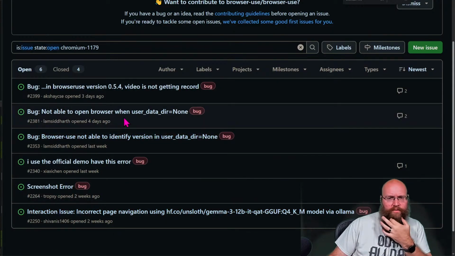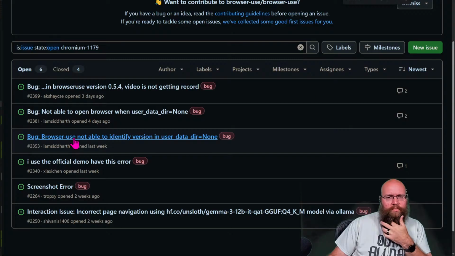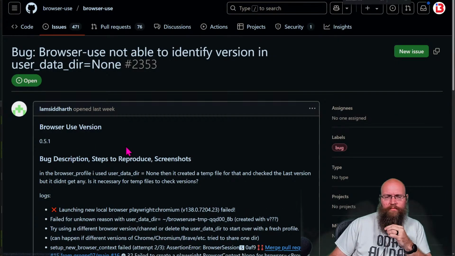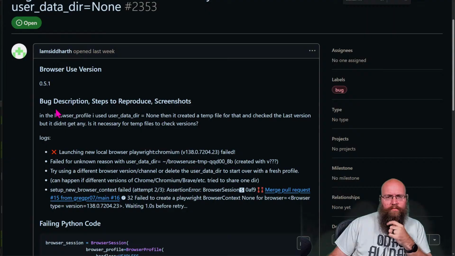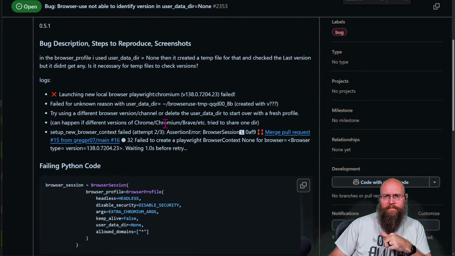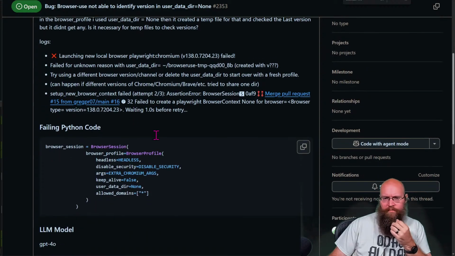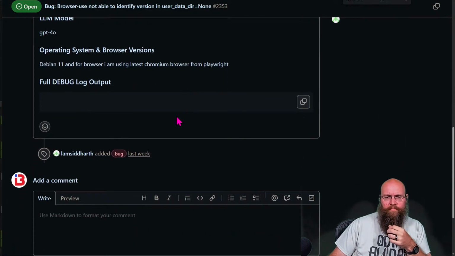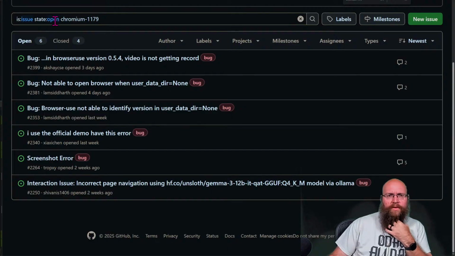Page navigation. Create a temp file and locate this. Okay. Nope, nothing there.